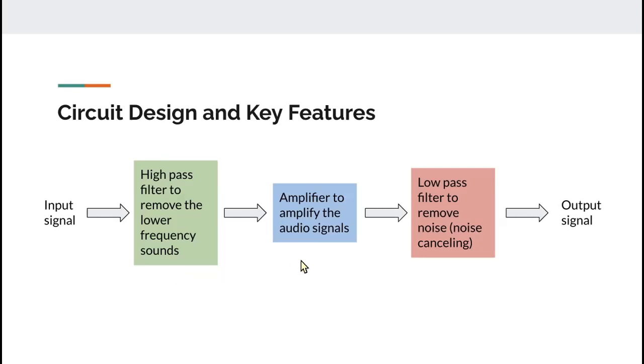This amplifier is what's used to control the volume of the sound. This is done with a normal adjustable resistor, which will increase or decrease the gain of the signal. This amplified signal is then fed into a low pass filter, which removes the noise from the signal, making it clear and easier to interpret. This is then output into either a wearable device, into headphones, or it's fed into a computer in which it's